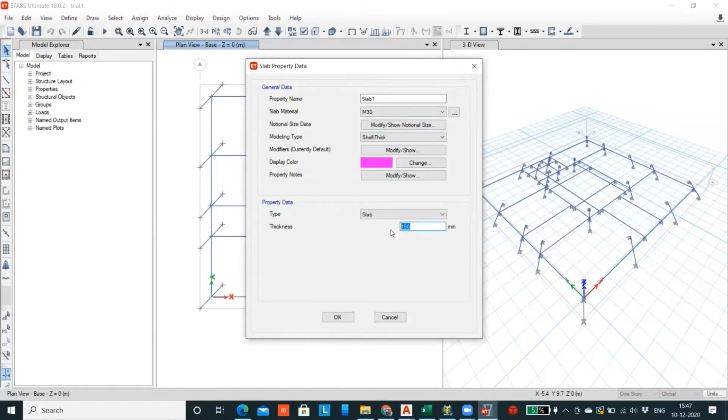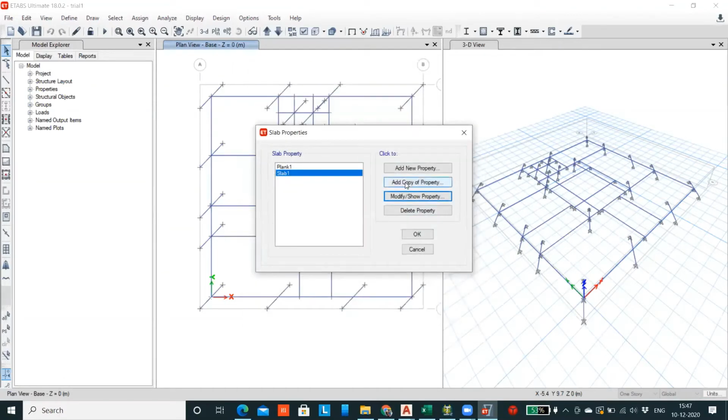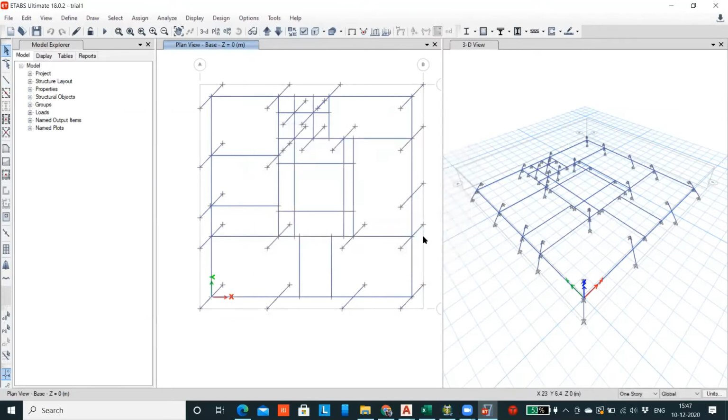It is more than enough. 150 will be on the higher side, and say OK. Of course, we have to check the one-way shear and one-way and two-way bending. Then only can we say whether 150 is safe or not. That we'll see in the design part. So for the time being, I'm taking 150 mm as the thickness of the slab, and say OK. So we have given the section properties and the material properties.